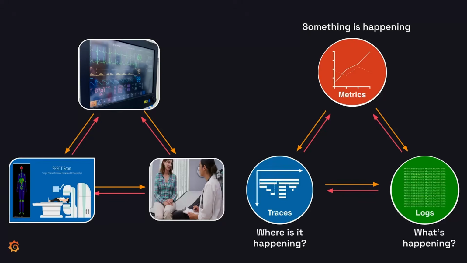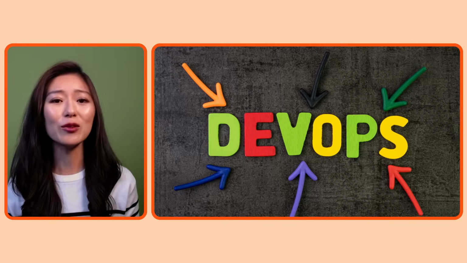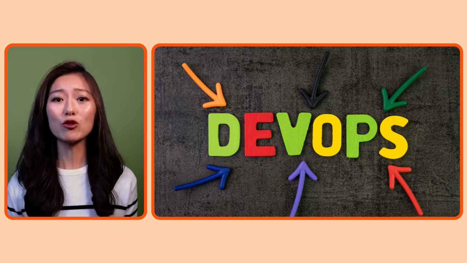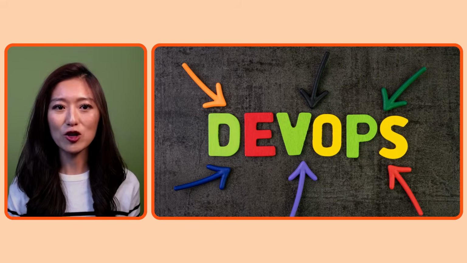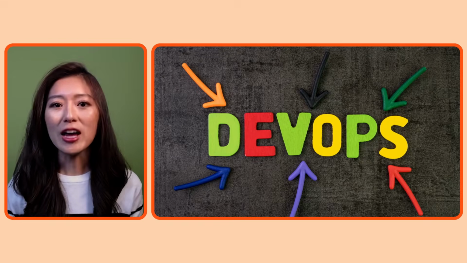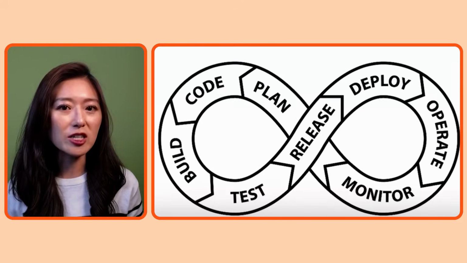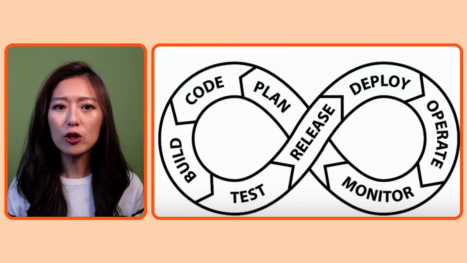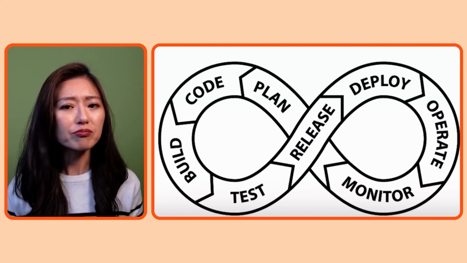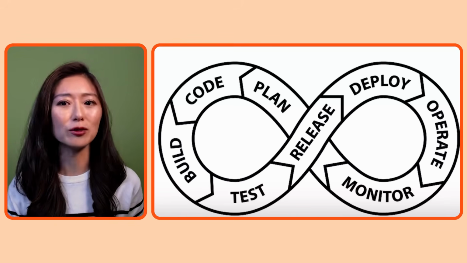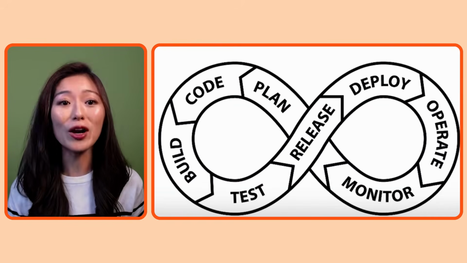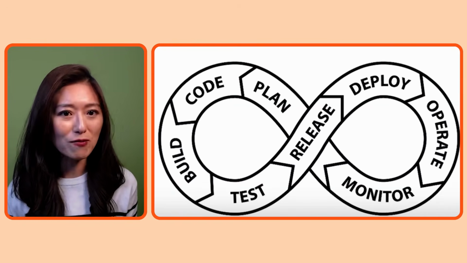Observability goes hand in hand with a DevOps philosophy, which aims to remove any blockers that prevent you from delivering high quality software and ensuring the best user experience. One of the ways to achieve these goals is by observing your system throughout the software delivery process, which is shown here. While doing this, we may be asking ourselves, what tools could we use to understand the state of our system as we plan, code, build, test, release, deploy, operate, and monitor our app or infrastructure?